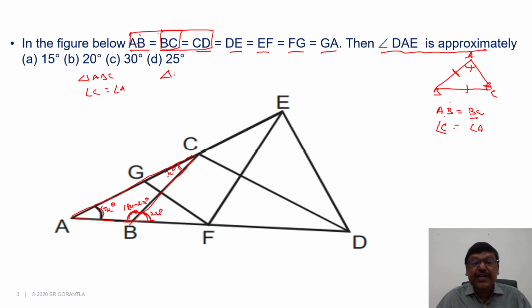If I consider triangle BCD, BC is equal to CD means opposite to BC angle D, opposite to CD angle B are equal in this triangle BCD. You know angle B is 2x, so if angle B is equal to angle D, this also will be 2x. If it is 2x, 2x, 4x, the third angle will be 180 minus 4x because the sum of all angles is 180, you know that.